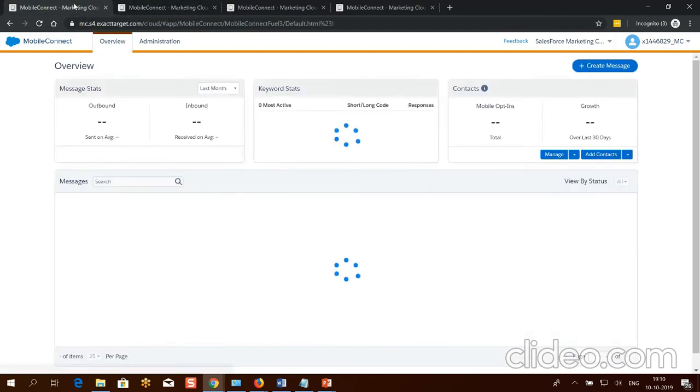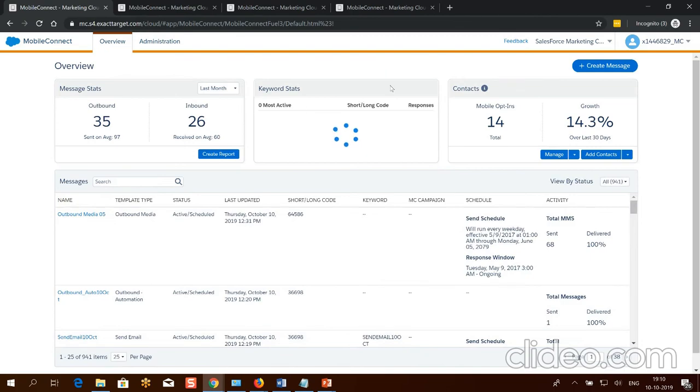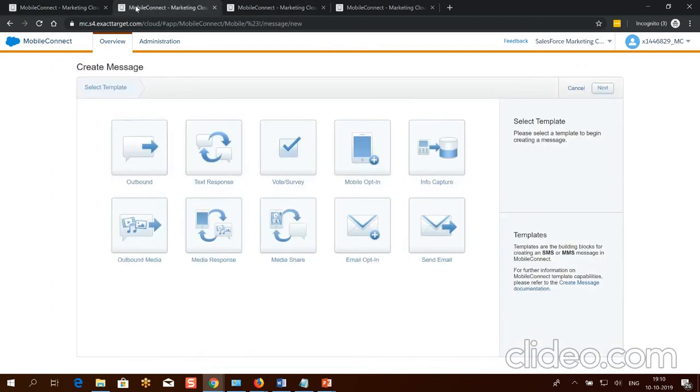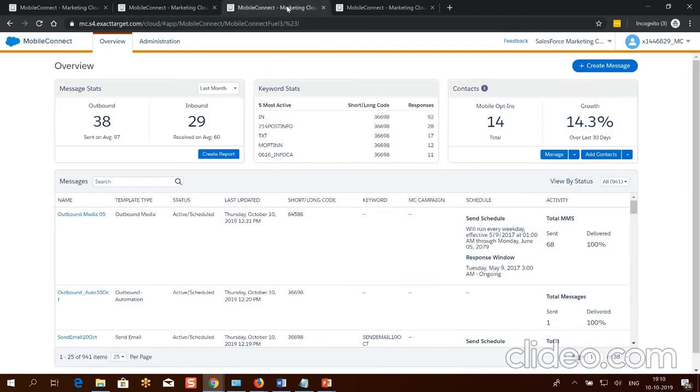Now back to Mobile Connect. Okay, so we have shown in the presentation how to create messages and whom to send messages. So there are two ways. We can send messages to data extensions, which are simply tables in our database in which we import the records.